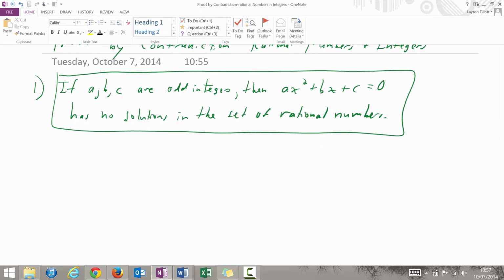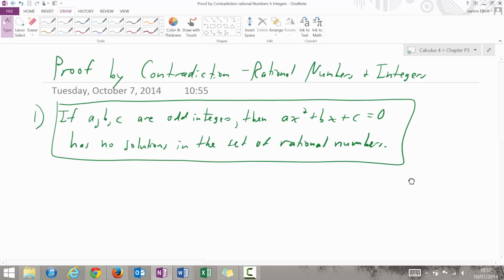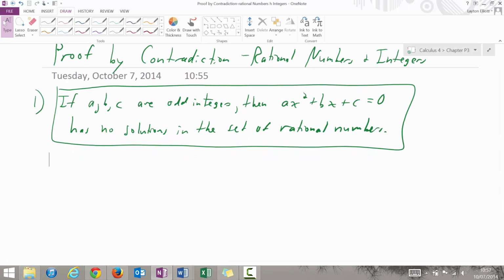So, when you prove by contradiction, one of the things you're doing is you're trying to set up the conditions of the problem in such a way that you're defining your instances. So, when we start with a proof by contradiction, we assume the opposite is true. Now, a proof by contradiction can be identified as a possibility whenever you have mutually exclusive cases where they're either ax squared plus bx plus c has no solutions, or it has at least one solution. So if we assume the opposite is true, we assume that there is a solution. Assume the opposite is true, and we're going to say suppose